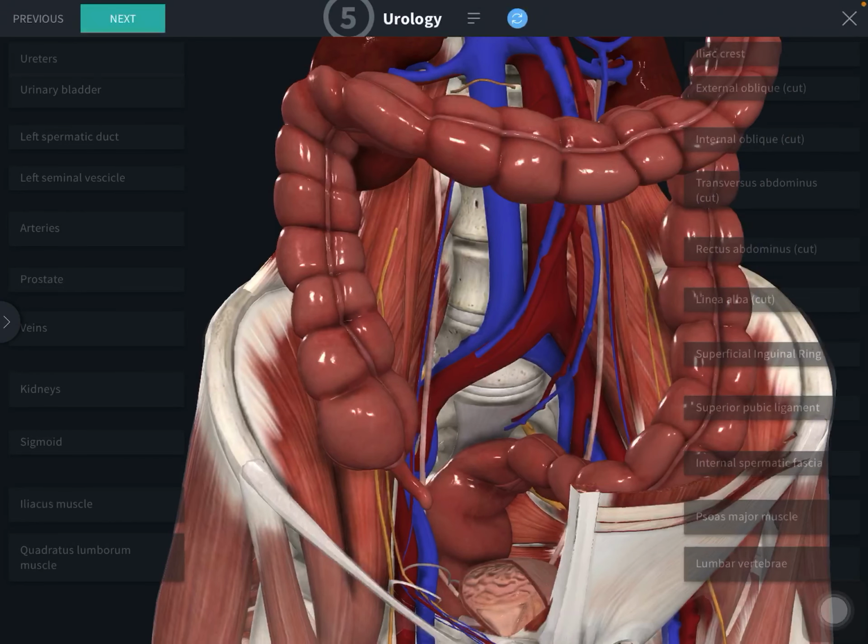Even in the root of sigmoid mesocolon, the surgeon should be careful. Whenever the ureter is cut accidentally at a lower level, attempts should be made to transplant the ureter into the bladder by the surgeons. When cut at a higher level, it should be anastomosed, uretero-ureteric anastomosis. If this is not possible, the ureter may be transplanted into the ileum or sigmoid colon. Whatever may be, if there is a cut in the ureter, danger of stricture formation is there.